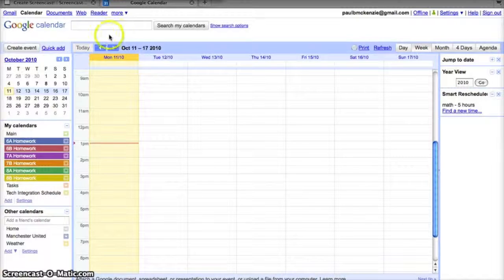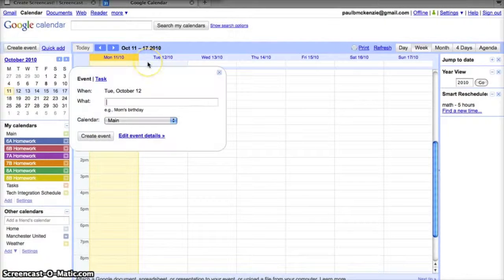This quick little tutorial is just to show you how to assign homework with the shared calendars that we have on the left hand side. You can see there, it is Monday today. You can see no homework's been assigned for any of these classes that are highlighted at the moment on the left menu there. So what I'm going to do is add a homework here for, say, math